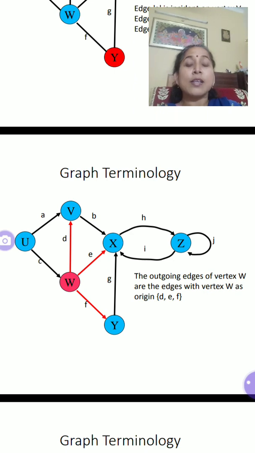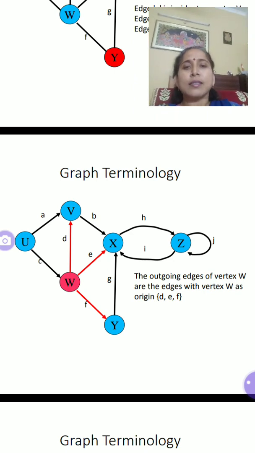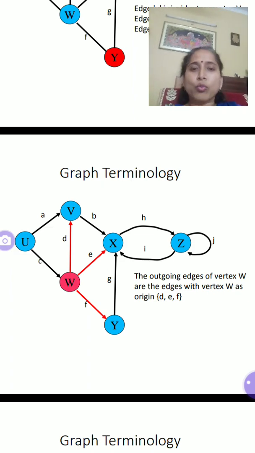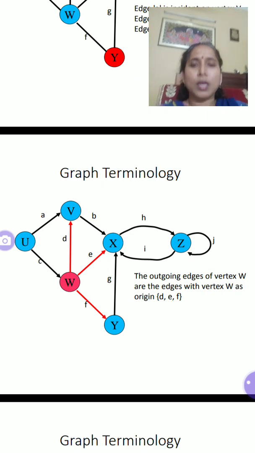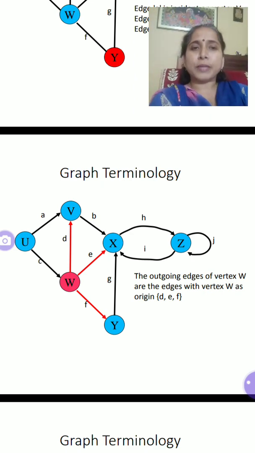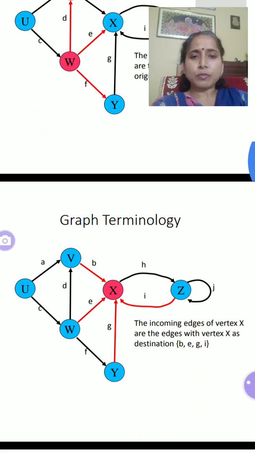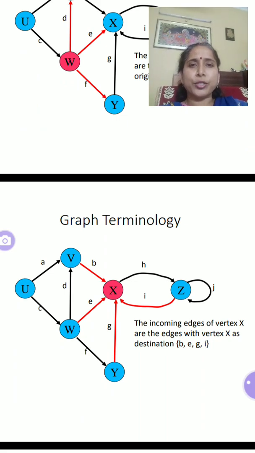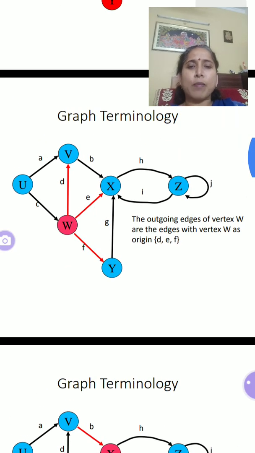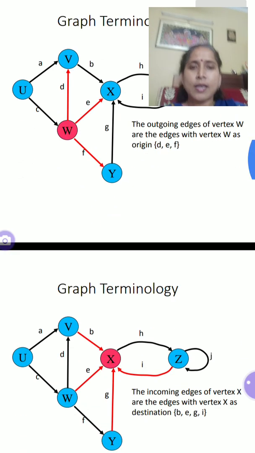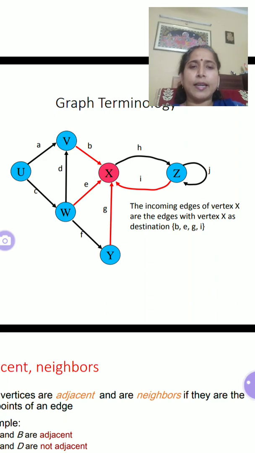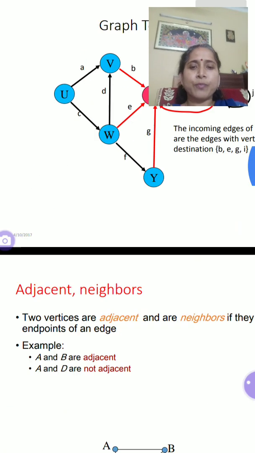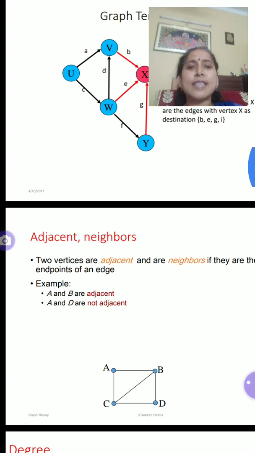You can see at V there is an arrowhead for a, whereas at V for b there is the tail end of that arrow b. So that is why outgoing and incoming. I hope the difference is clear to you all. What do you mean by outgoing edges and what do you mean by incoming edges? Okay, here they have shown you the incoming edge. Here all these arrows marked in red are all outgoing edges, whereas in this graph example, all the arrows which are marked with red are the incoming edges. Now adjacency I have talked about.